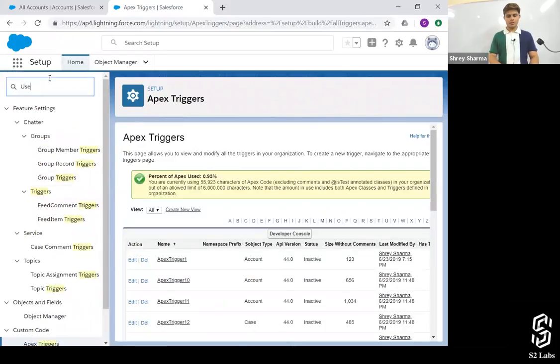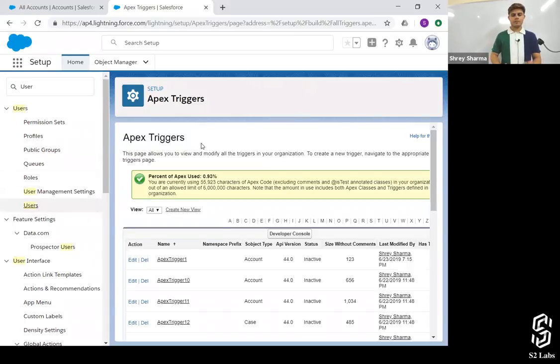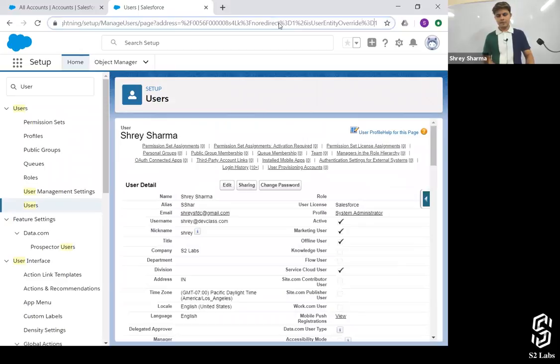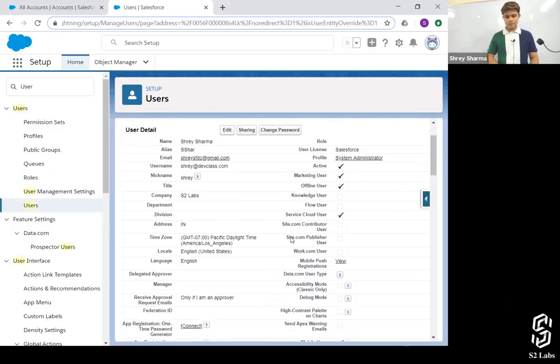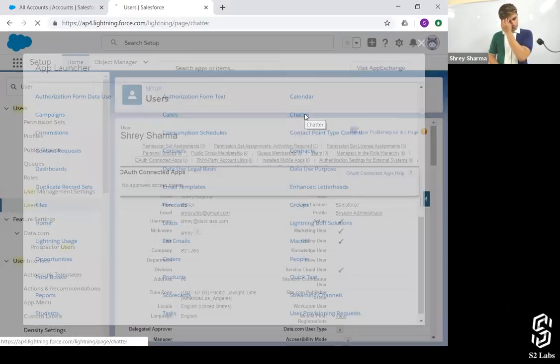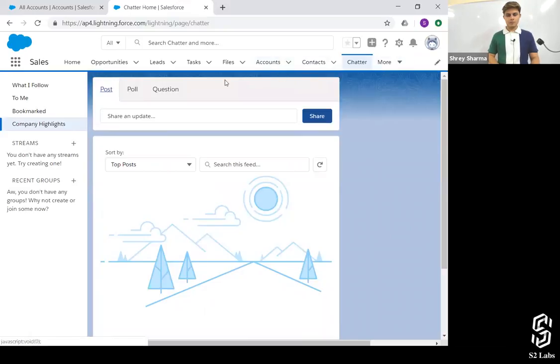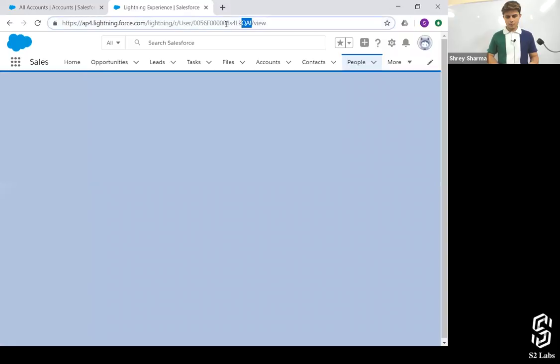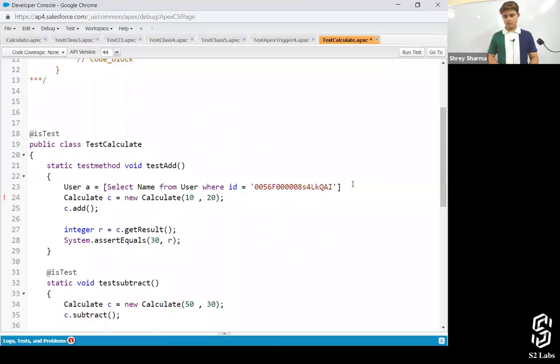I want to have the ID for Shrey. I know there is no need to write down limit 1, but still I'm going to write it down.